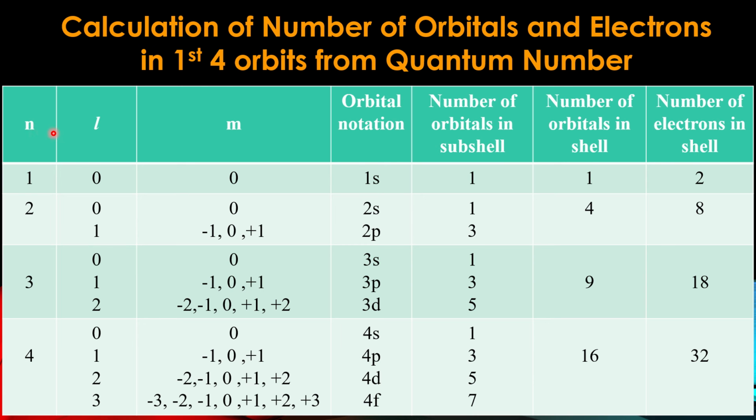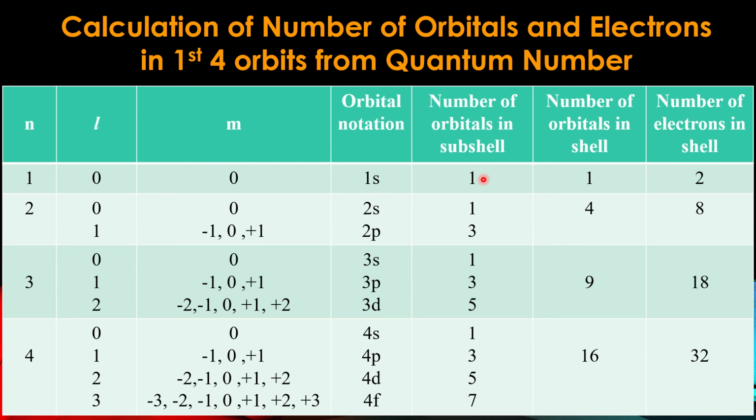Look, there are the values of 3 quantum numbers n, l and m. Here n means the first shell, second shell, third shell, fourth shell. At first, for the first shell, when n equal 1, l equal 0; l has only one value, 0, and when l equal 0, m equal also 0. Now, for l equal 0, which type of orbital is this? This is s type of orbital. And for the first shell, when n equal 1, this will be the 1s orbital.